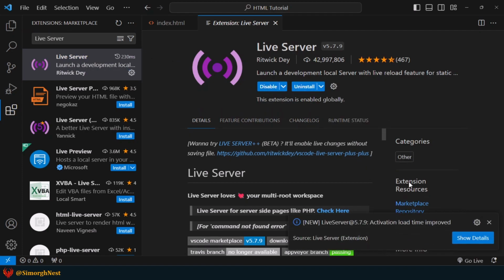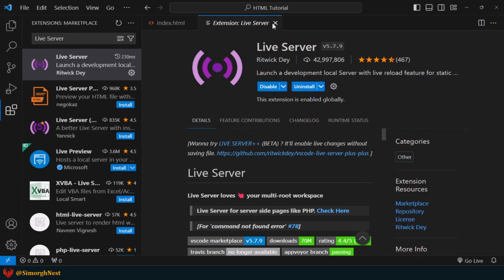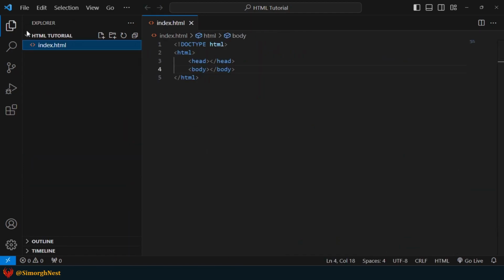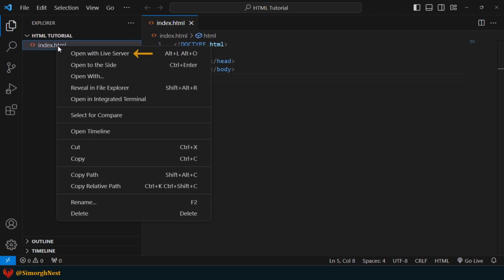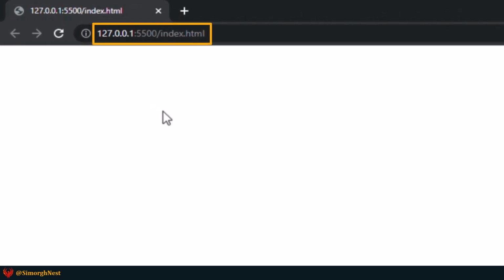Once the extension is installed, we can start using the LiveServer feature. To open this HTML document with the LiveServer, simply right-click on the file and select Open with LiveServer option. As you can see, we successfully opened our HTML document at this address. However, since we don't have any content in the body element, the page is empty.